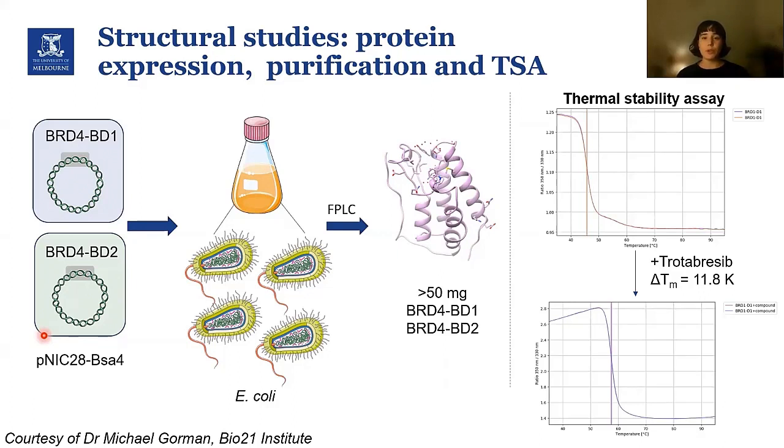Before moving into the protein crystallography, we did some thermal stability assays. In this assay, we're looking at a change in melting temperature on addition of a ligand that binds to the protein, and a significant shift in melting temperature is indicative of that binding. For instance, shown here is the shift we saw when we added trotabresib to the first bromodomain of BRD4. This melting point change of 11.8 is quite big for this assay, so we found that promising and we persevered with the